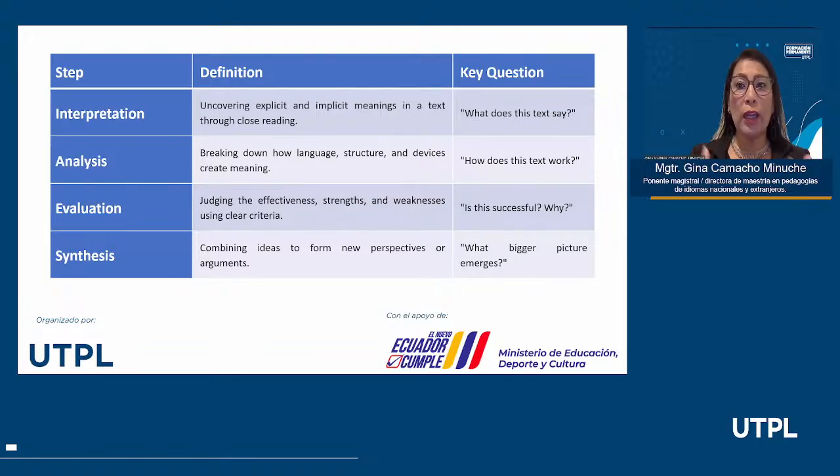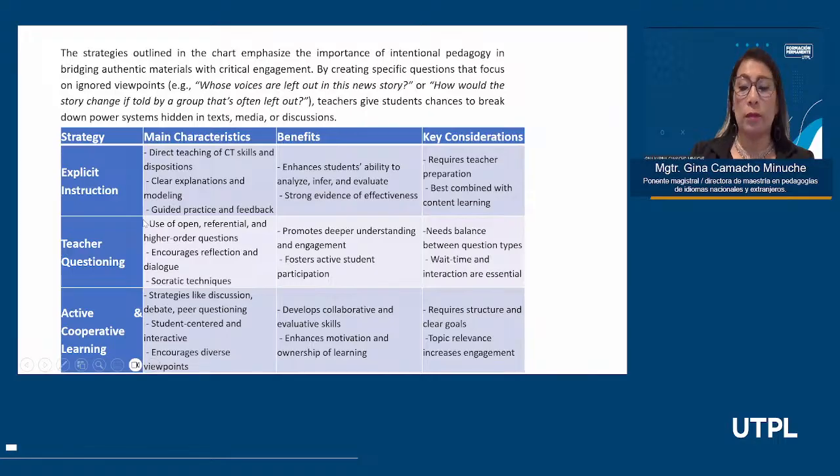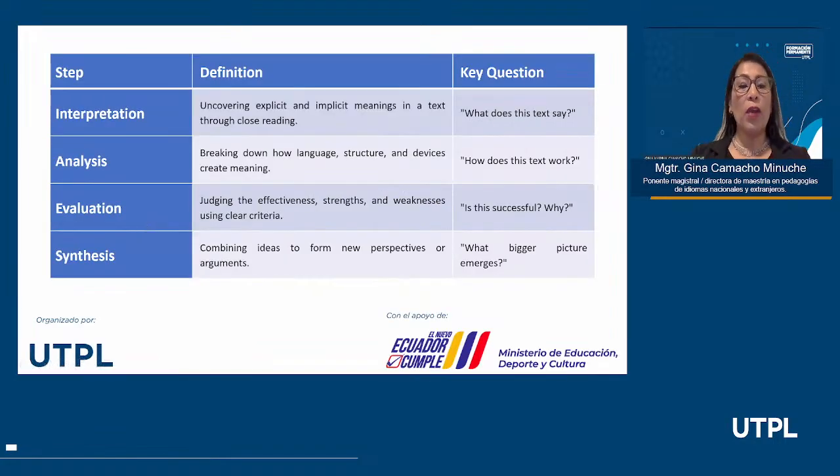They should join ideas together in each paragraph and relate the information they are reading. Evaluation. So, evaluation. Judging the effectiveness, strengths, and weaknesses using clear criteria. For example, they should ask this question: is this successful? Why? They are emitting a